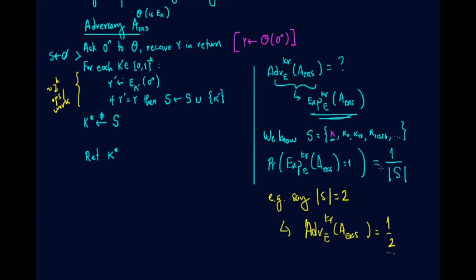Conditioned on not having among those alpha keys k prime this particular key, then the chance of this adversary outputting the correct key is 0, right? So then that means that the probability of outputting the correct key in that case is going to be this times this fraction alpha, which is the probability